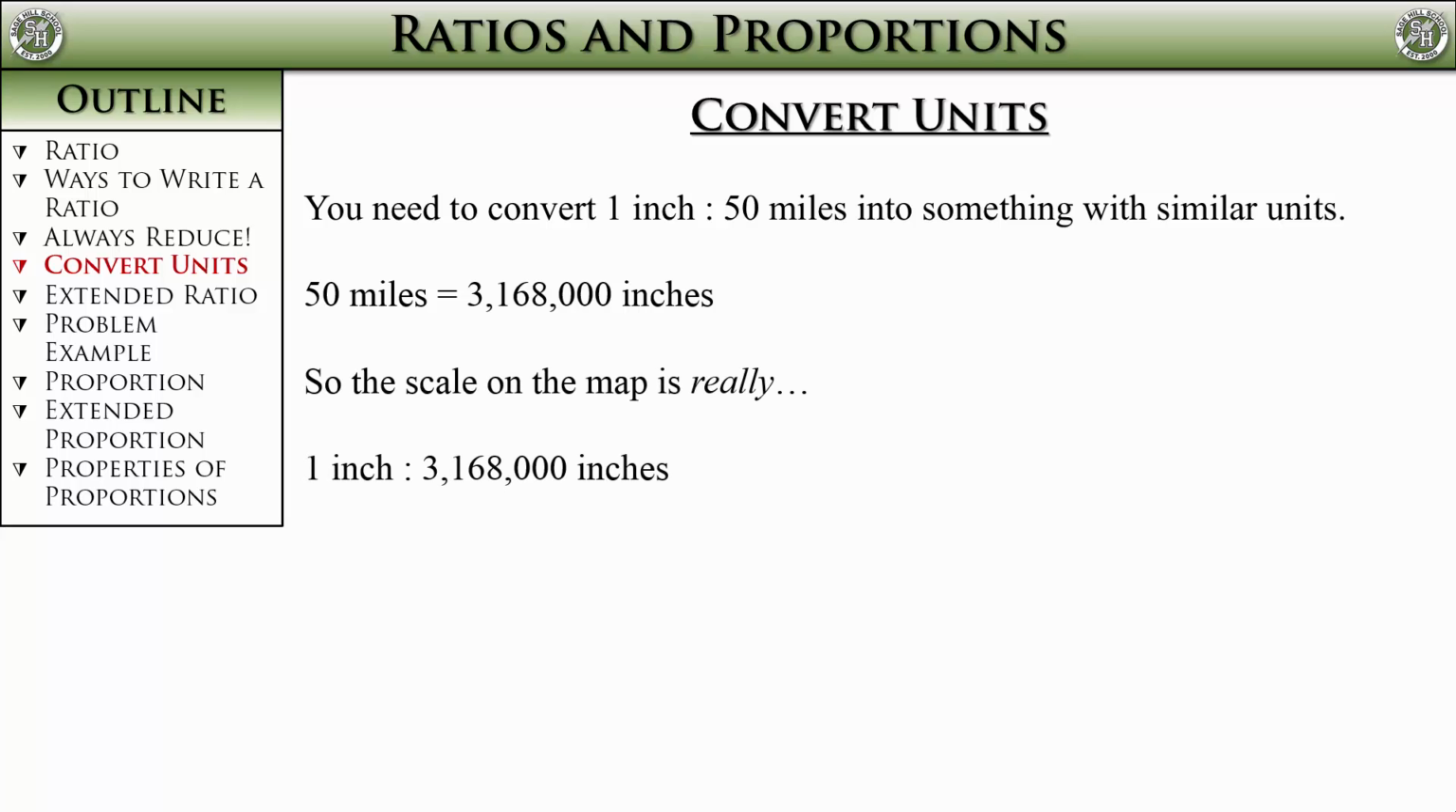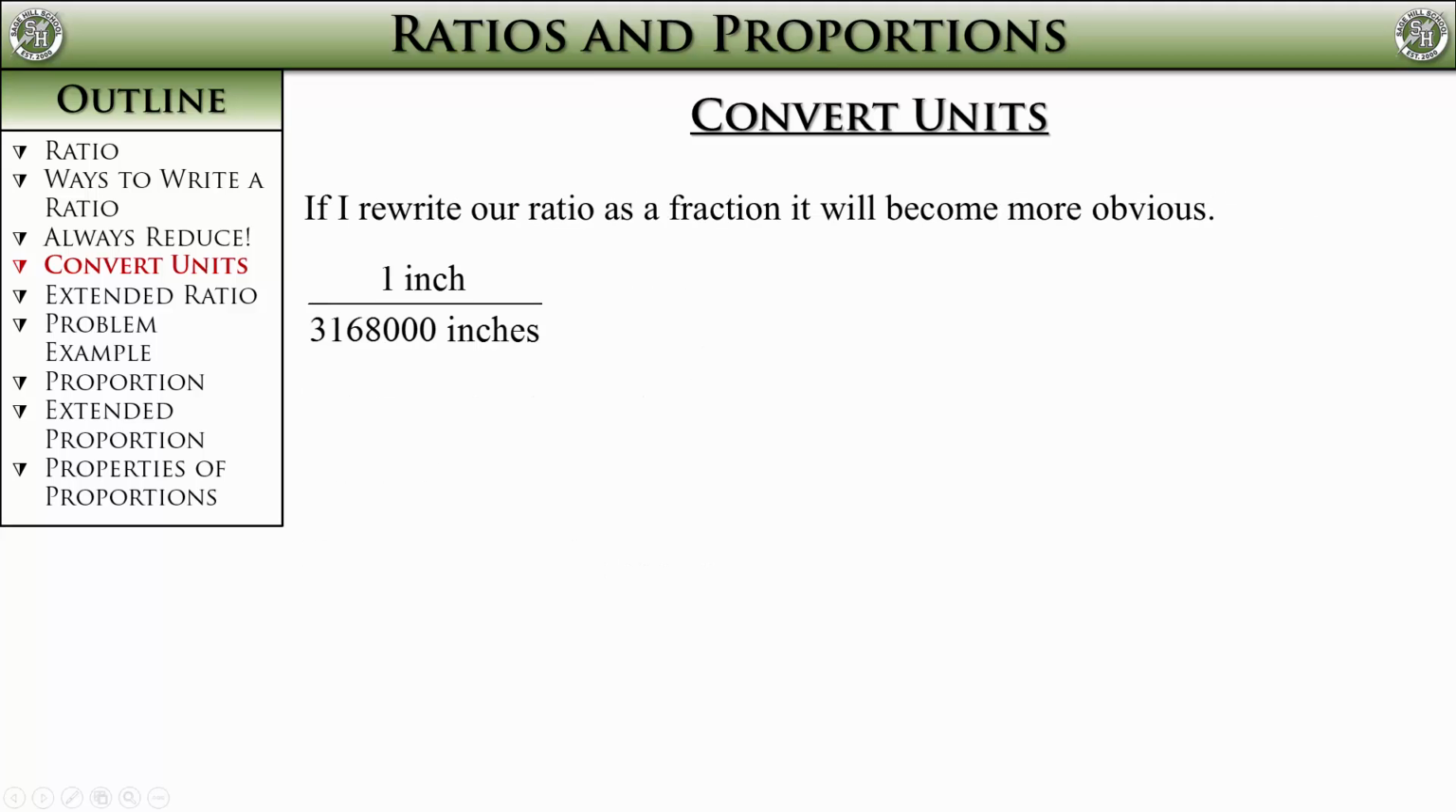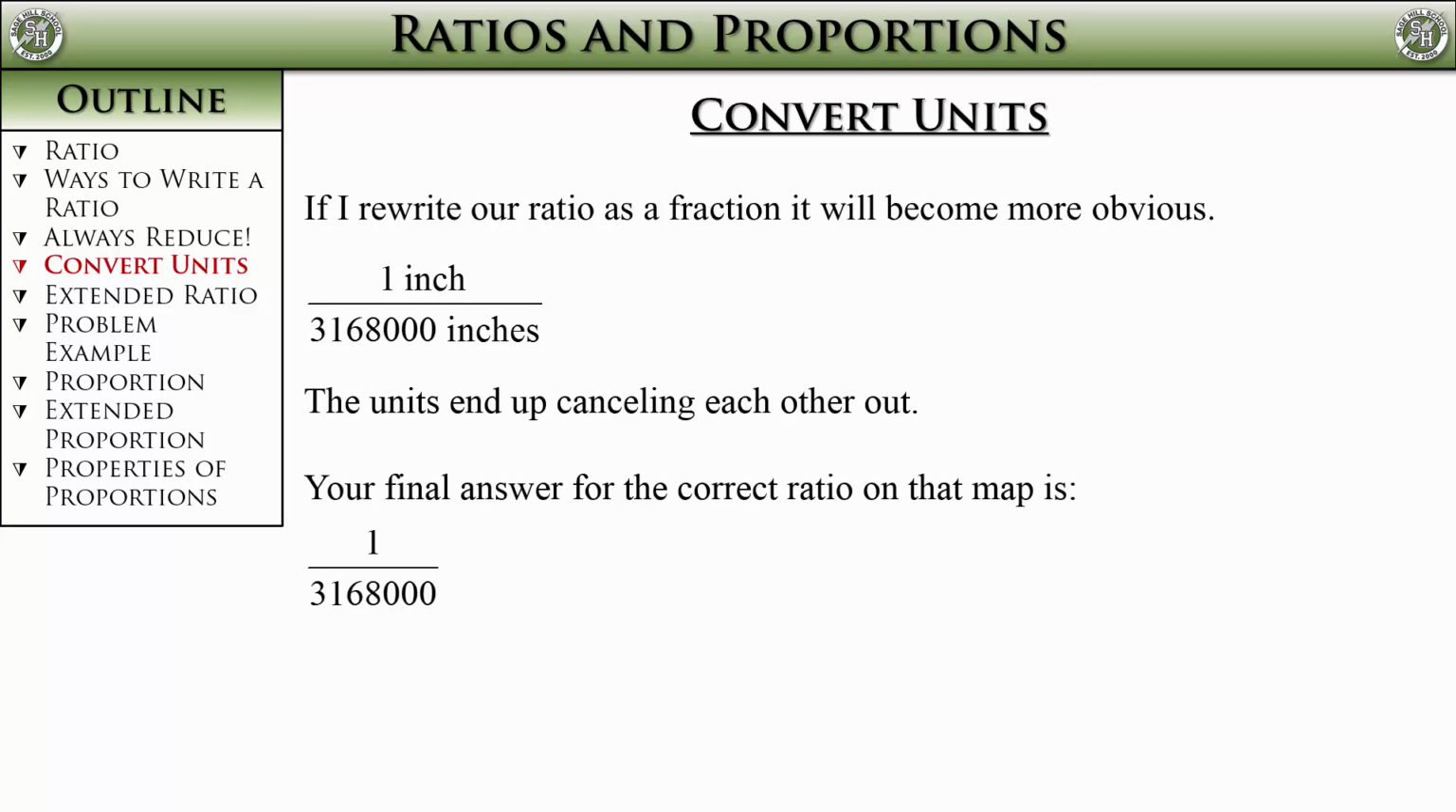So the scale on the map is really 1 inch to 3,168,000 inches. However, we are not done yet. If I rewrite our ratio as a fraction, it will become more obvious. You may have done this before, especially in science class, but the units end up canceling each other out. And yes, you are allowed to cancel out units. Your final answer for the correct ratio on that map is